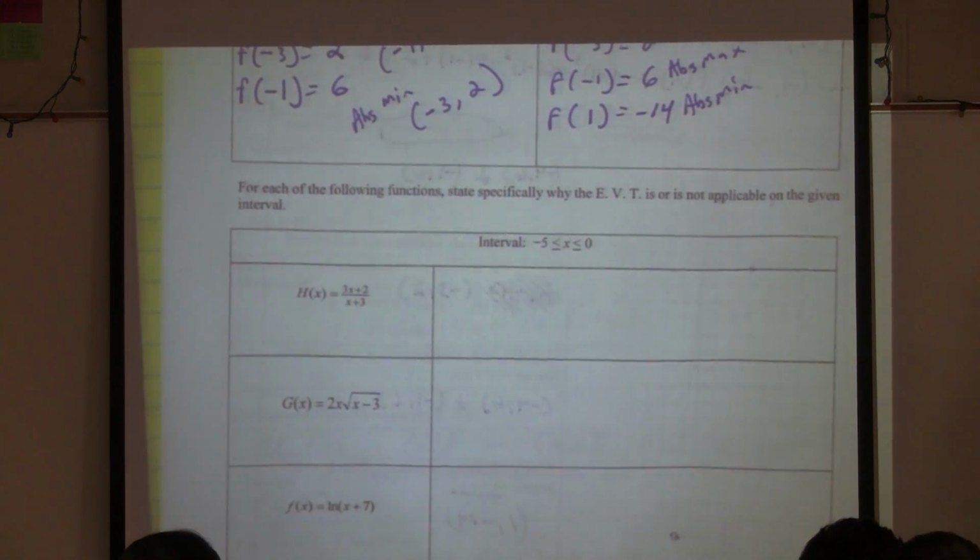Alright, so what I want to do now is I want you to look at some questions to determine whether the extreme value theorem